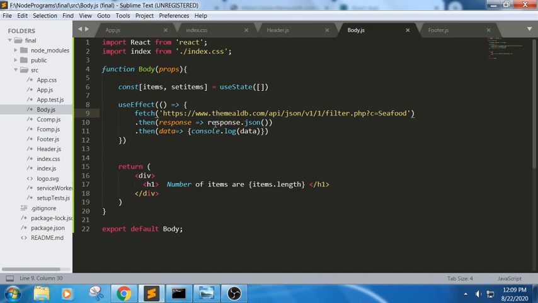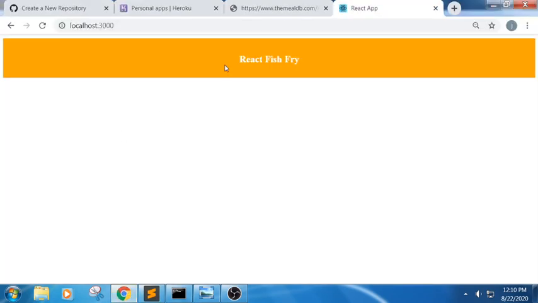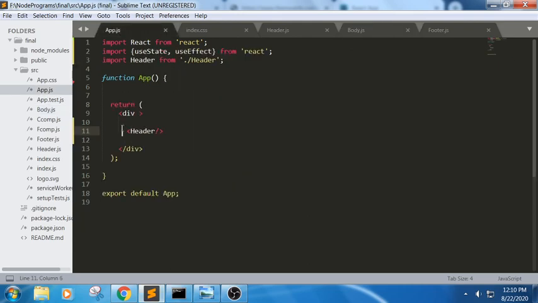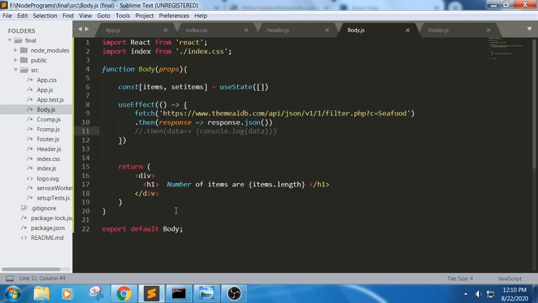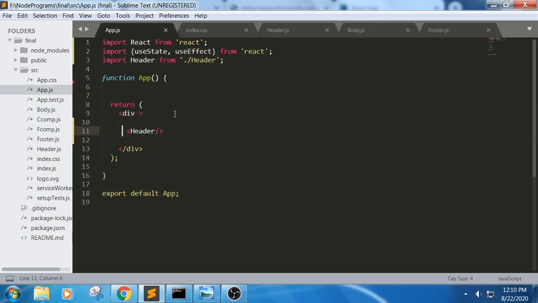Okay, so let me put this in the comments. So here we would not get any response. Response.data. Here items.length is there, and we were trying to retrieve the length of it. It should be able to print the length of these items here. For example, let's wait. Okay, sorry, we haven't imported this in this package, right?